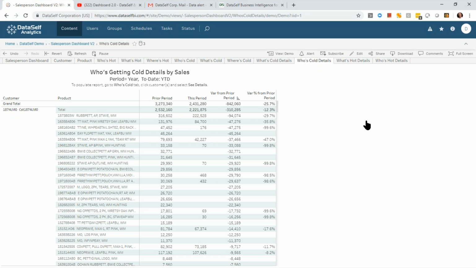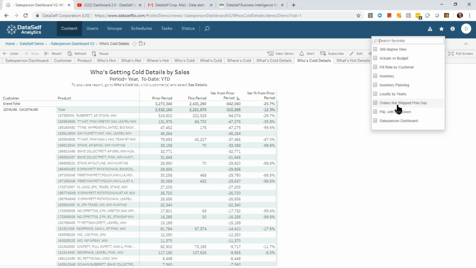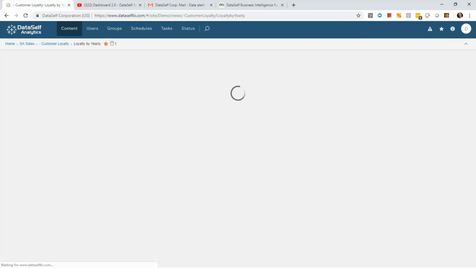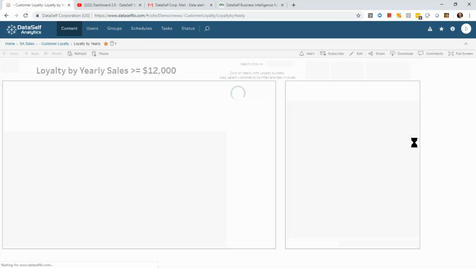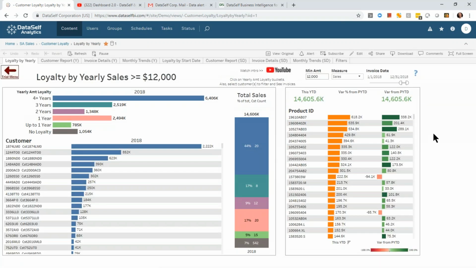Let me show another example of a dashboard that is fairly popular among many of our clients. I'm going to go now to the customer loyalty dashboard. So this dashboard is also available out of the box. It shows customer loyalty. And this dashboard, for one of our clients, was a very inspirational story. When they looked at the loyalty by year, they realized that in years 2 and 3, the loyalty was having friction. They were losing clients after 2-3 years once the client was engaged.